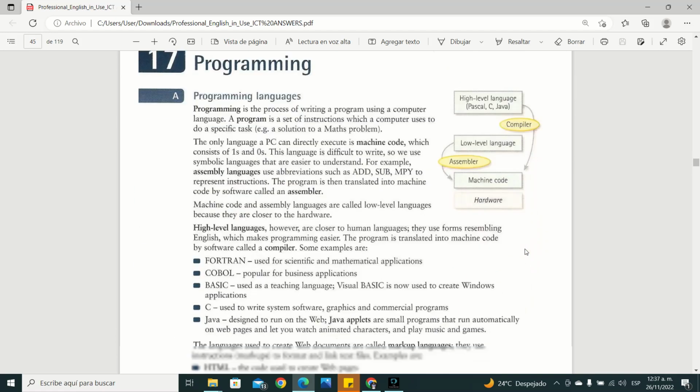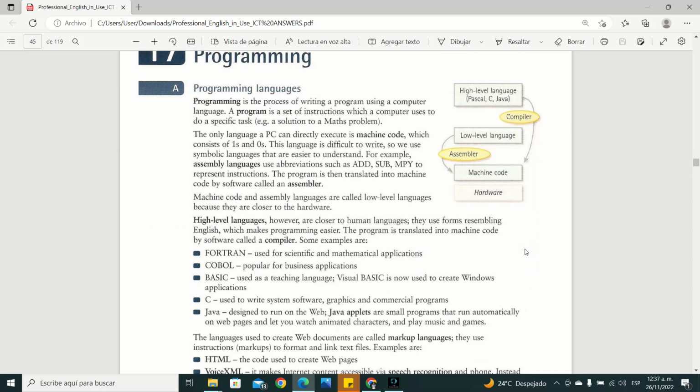The Unix programming. Programming language. Programming is the process where a programmer uses a computer language. A program is a set of instructions which a computer uses for a specific task, for example, the solution to a problem. The only language a PC can directly execute is machine code, which consists of 1s and 0s. The language is difficult to work with,